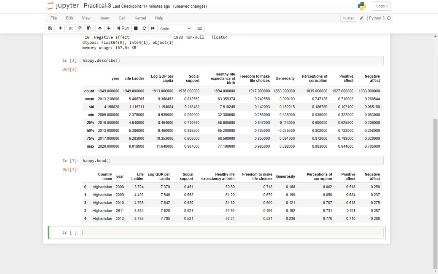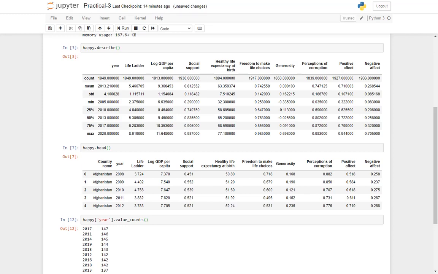Okay, so my mistake, the value_counts function doesn't work for object type columns, columns which have strings in them. It works for numeric types. So let's say happy. If I want to find out for each year how many records have been done, so happy, year, sorry, in single inverted commas here, value_counts.